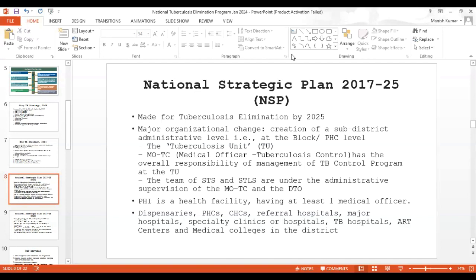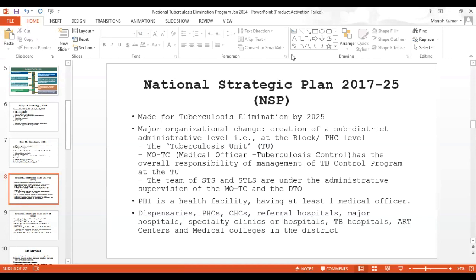Now, can anyone tell me what is STS and what is STLS? Sir, STS is Senior Treatment Supervisor, STLS is Senior TB Lab Supervisor. Very good. Since you have unmuted yourself, can you tell me, because this program was envisaged and rolled out in 2017 as a strategic plan,